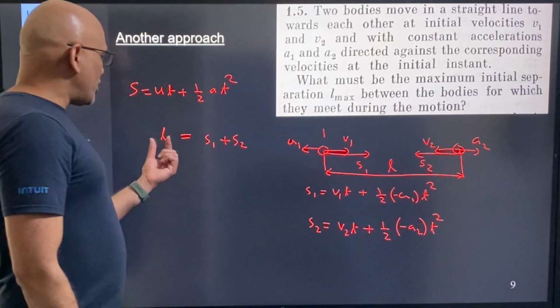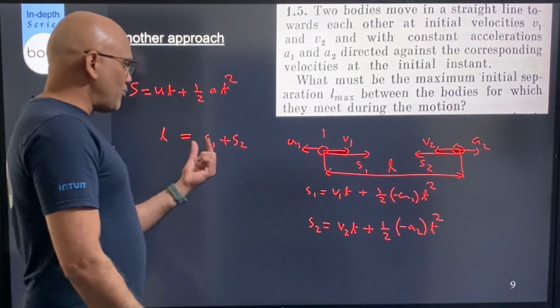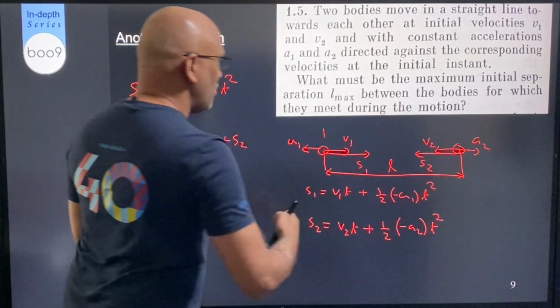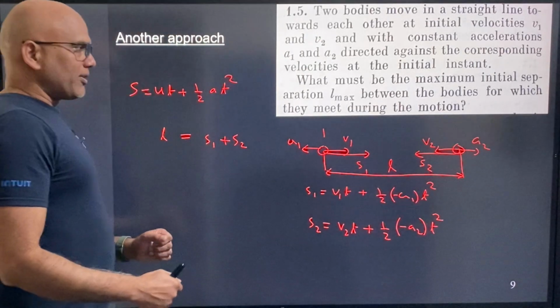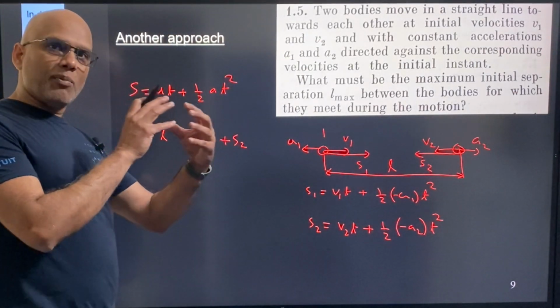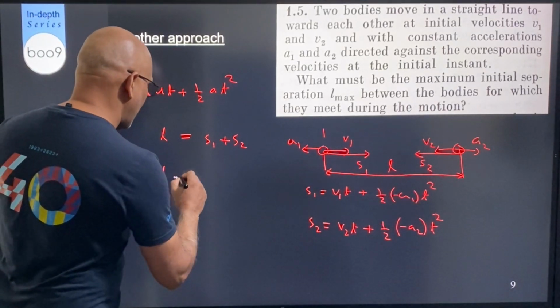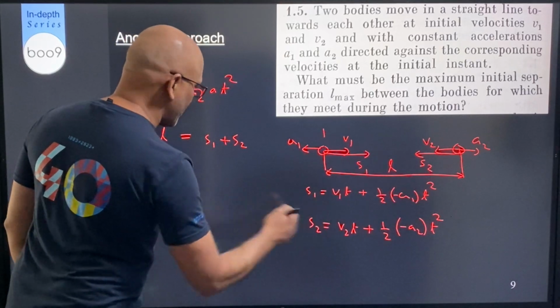Again, I don't know whether this is L max yet or not, but I want to enforce S1 plus S2, the displacement of 1 plus 2, to be the separation between the two objects at the initial instance, so that I know that they met, right? So if I do that, L is going to be equal to S1 plus S2, so I'll add it up, so that is going to